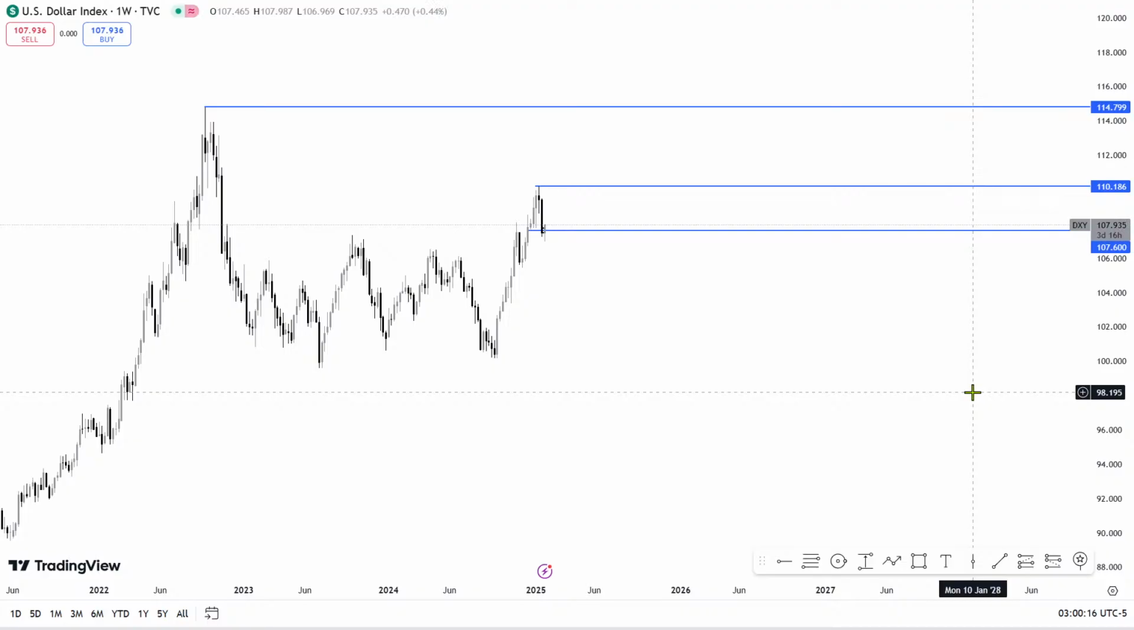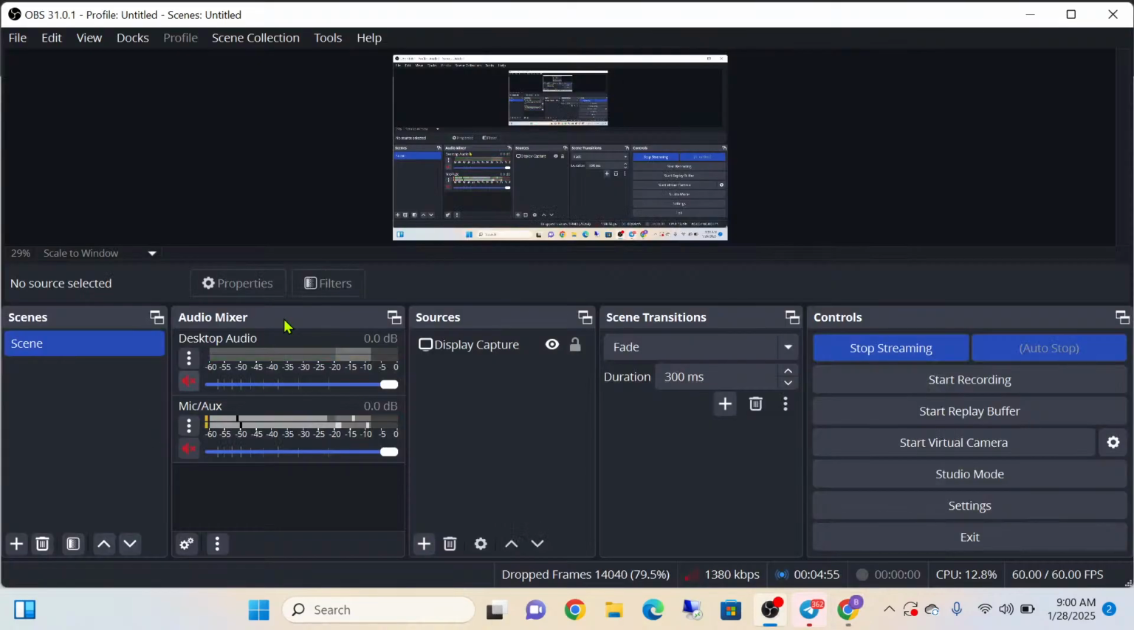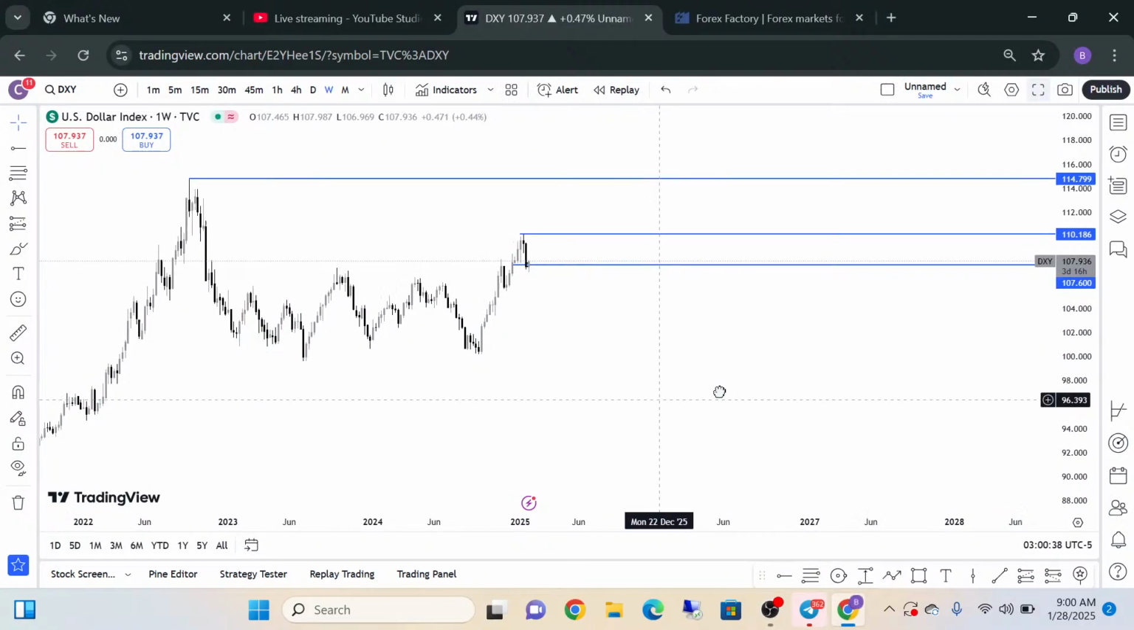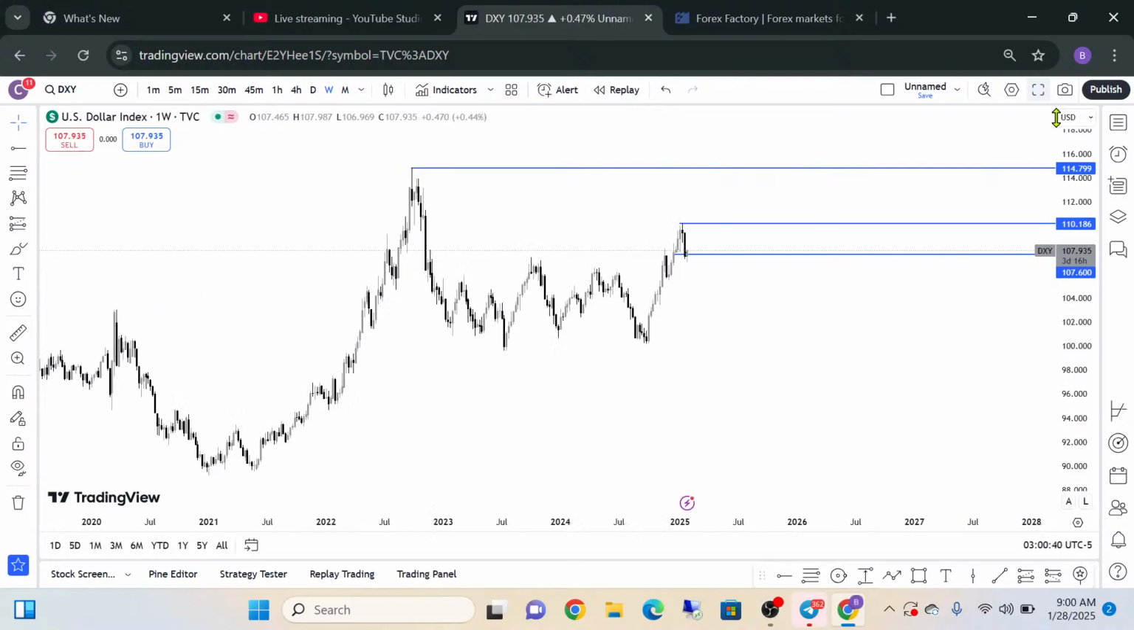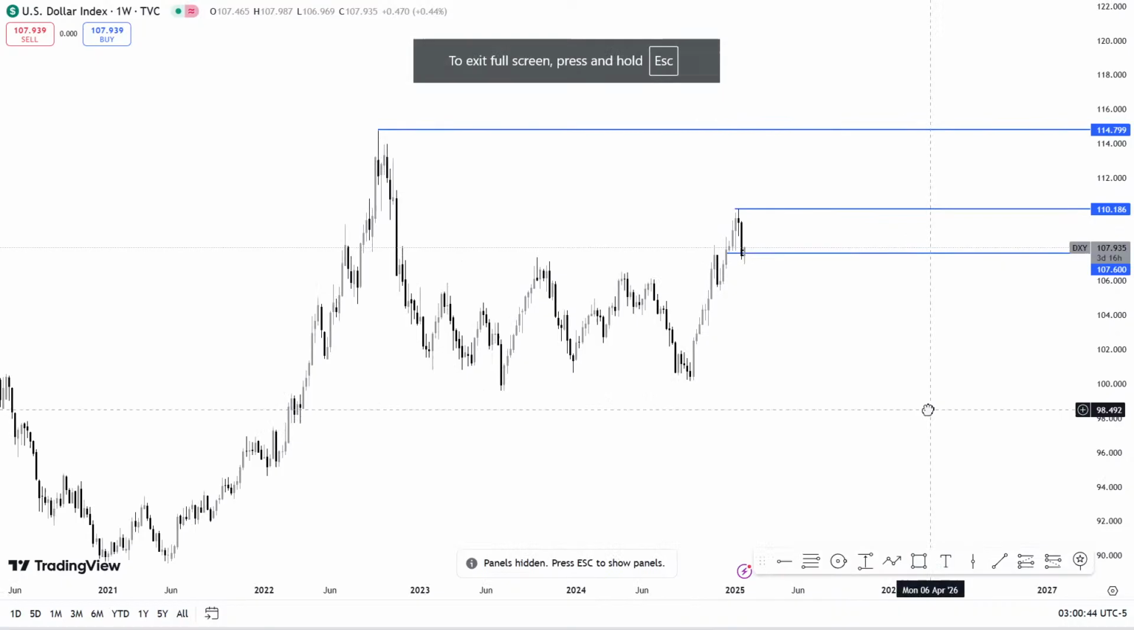for all the dollar and dollar associated currency. It's important that you know the direction of the dollar before you start to trade the